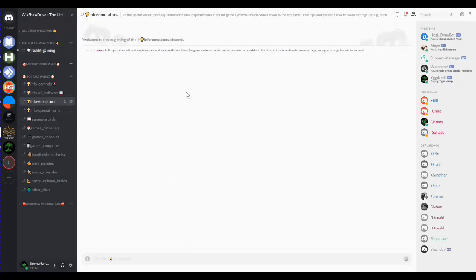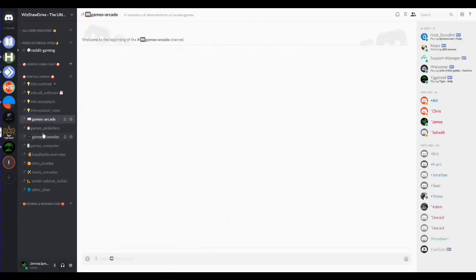Like if you find settings that are tweaked better than how we have it tweaked on the drive, throw it in here. We'll have a bunch of people test it, see if it works, and then we might make that the official. Special ROMs. Now this is things that are game specific. So you can put like cheat codes in here. You can put, if I have trouble loading a game, post it in here and someone else can try and help. So this will make it good to figure out what we need to do to run certain games.